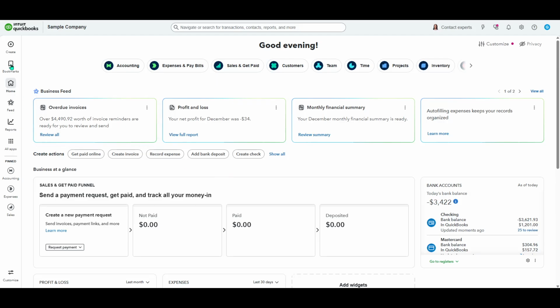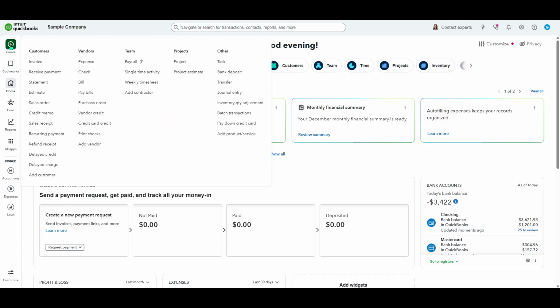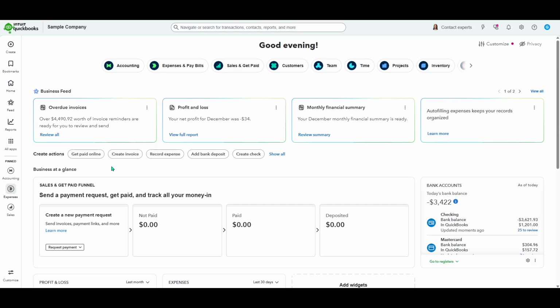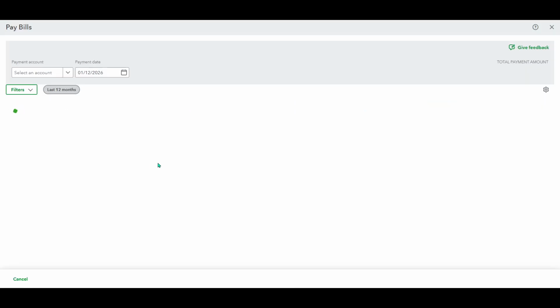First, open QuickBooks Online and look to the top left of your screen. Click on the New button. This opens the menu for the most common tasks. From that menu, choose Pay Bills. This is the dedicated place where QuickBooks lists your unpaid bills, so you can mark them as paid and keep